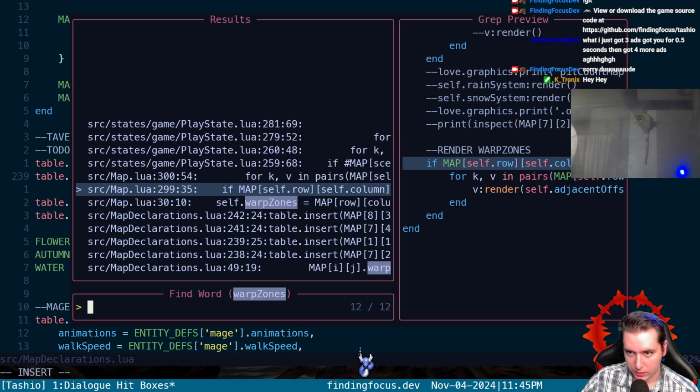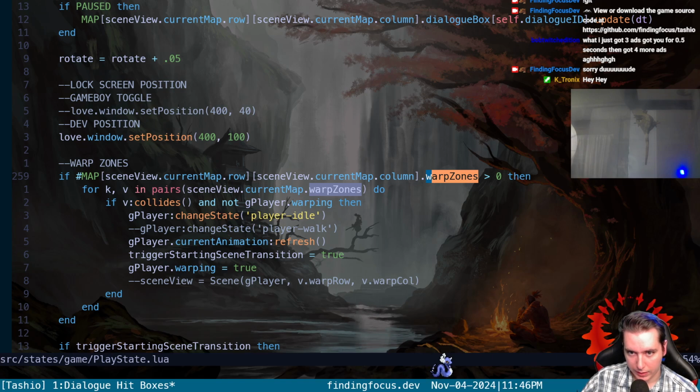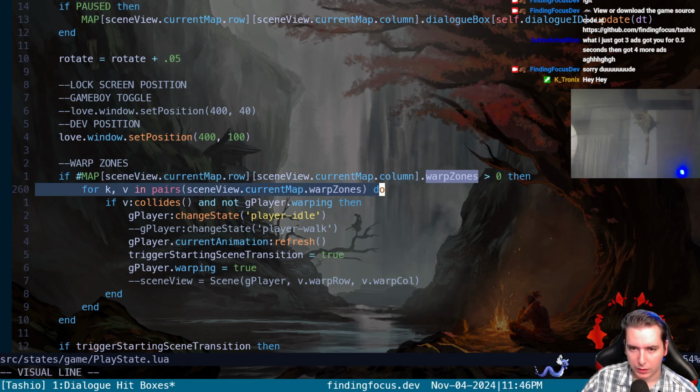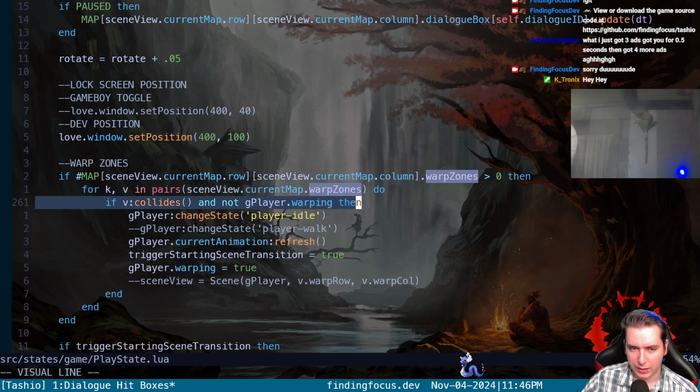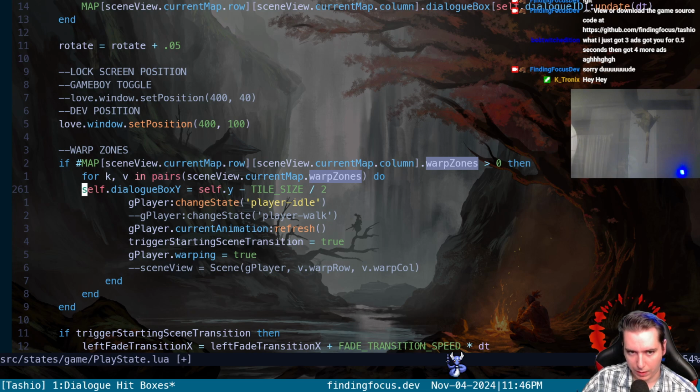Okay, that's where we insert them. This is where we collide detect. We say, if there is a warp zone in the current map, let's go ahead and cycle through all of those warp zones. And if the warp zone collides, and the collides function is, let me just,